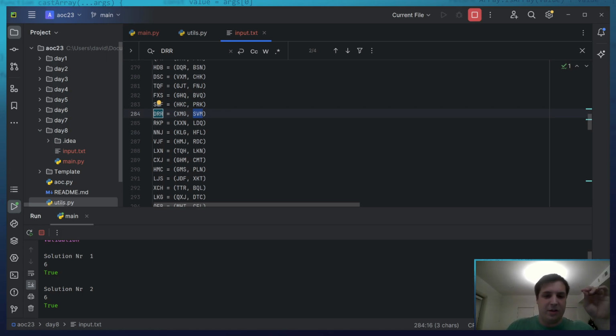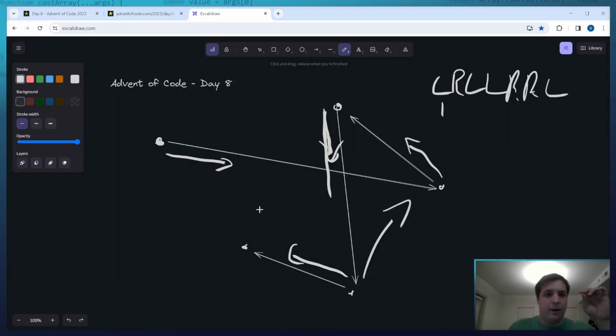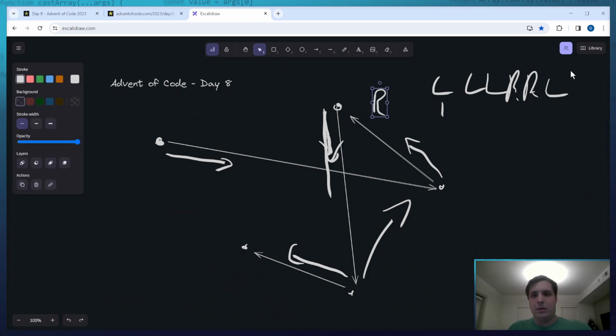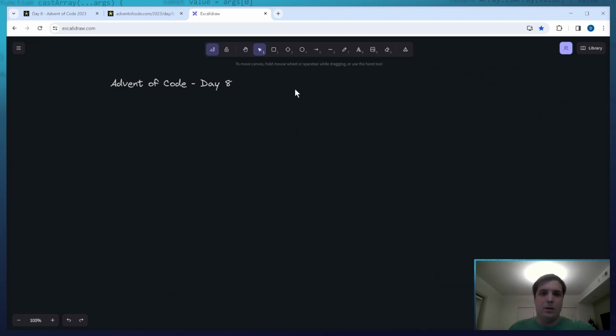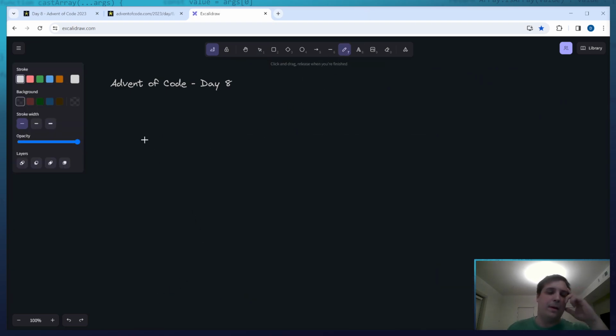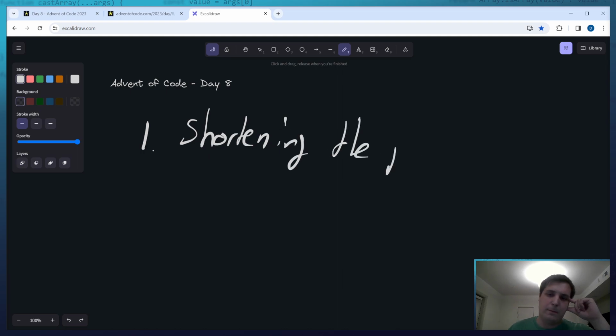So optimization number 1, and I'm letting this run while we think this through. Optimization number 1 is shortening the paths. Okay.